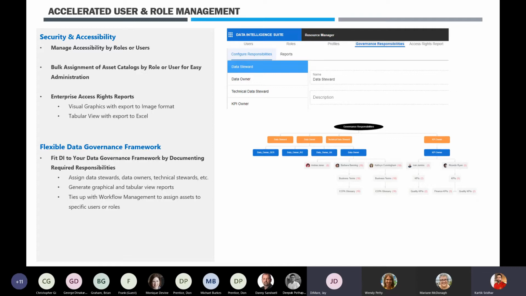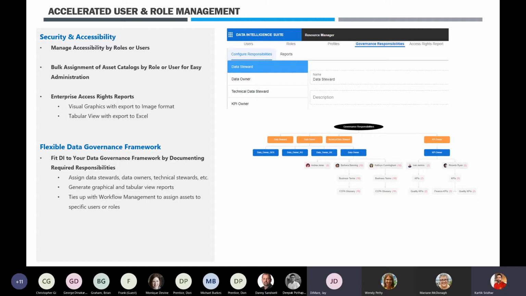You can say, in my organization, I want to document data stewards, data owners, and technical data stewards. Whereas another customer can potentially define a fourth responsibility, say a KPI owner, or a metrics owner for all my metrics. So you can pretty much define what your data governance framework looks like, and flexibly use this to fit the need of your organization.